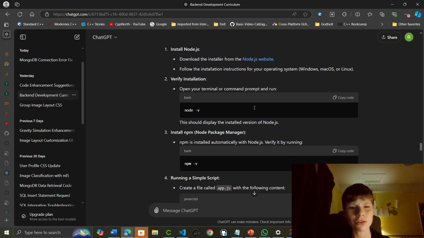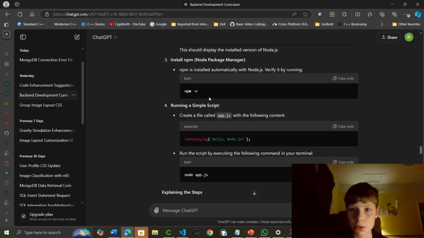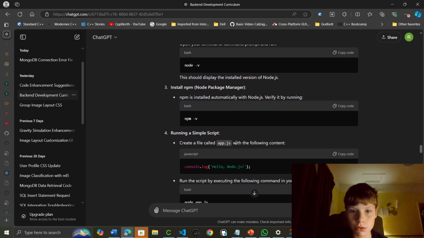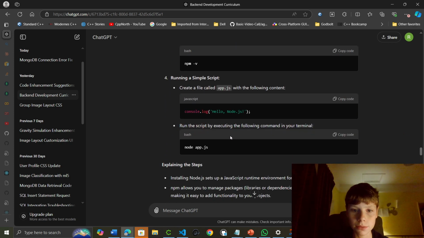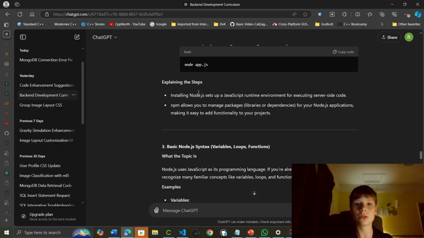I think I've got 18.5 or something. npm is installed automatically with Node.js, which you can verify. Okay, basically, create a file app.js with the following content. Run the script by executing the following command in your terminal. Explaining the steps: installing Node.js sets up a JavaScript runtime environment for executing server-side code. npm allows you to manage packages, libraries, or dependencies in Node.js applications,